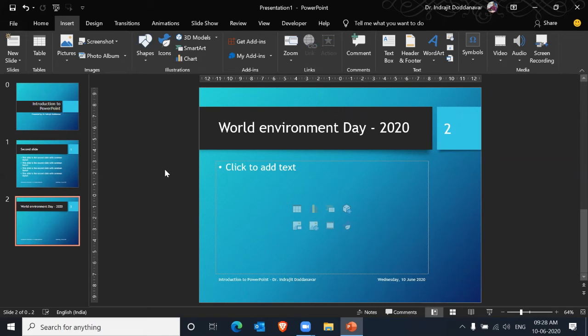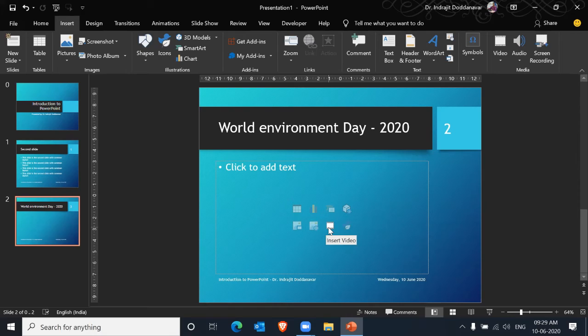Okay, so I want to insert a picture. When I want to insert a picture, you will see various icons here. From these icons you can click and do your needful. So for example, I bet that everybody will be having table, chart, smart art, then insert pictures from the computer, insert pictures from online, insert pictures from video.